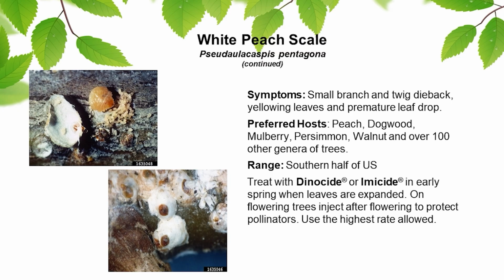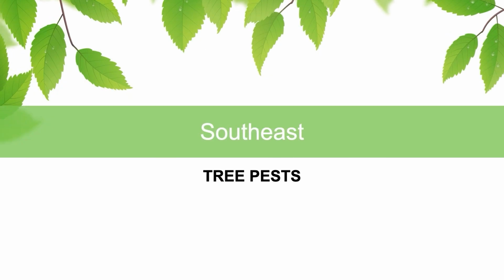White peach scale may be controlled with a treatment of Dynacide or Imicide in early spring when leaves are expanded. On flowering trees, inject after flowering to protect pollinators. Use the highest rate allowed. The following presentation